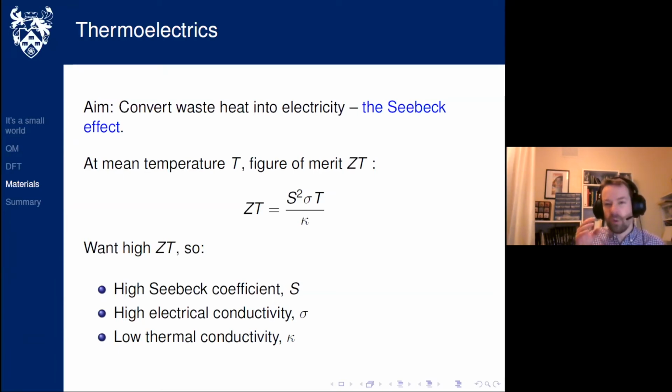I don't want all the heat to go from the hot side to the cold side and end up with a sort of lukewarm material, because then there's no temperature gradient. There's nothing to create more electricity. So I want to keep the temperature gradient, but I want to keep generating charge. And this is a tricky thing to do because it's quite common in many materials that the things that carry electricity also carry heat.